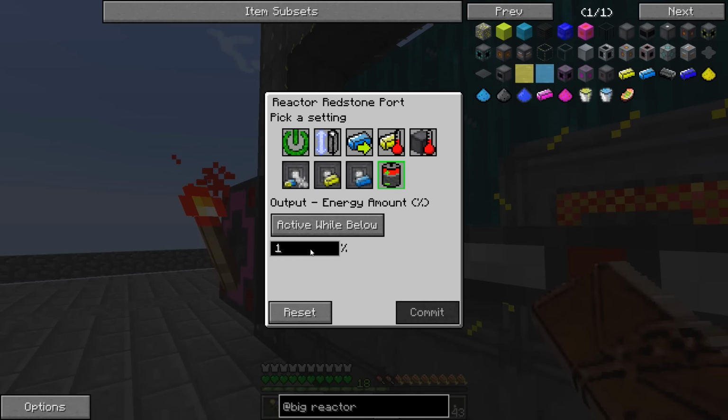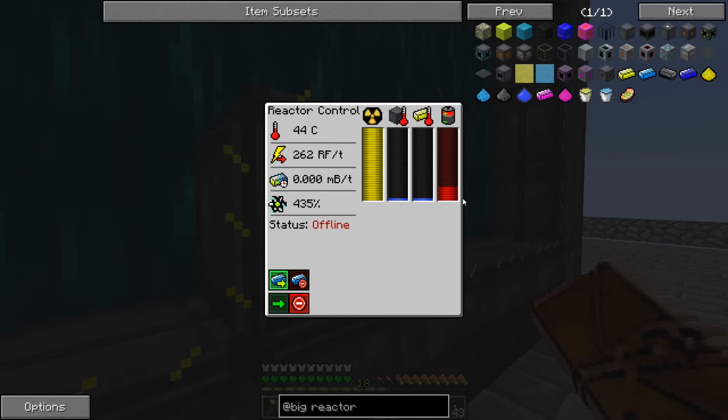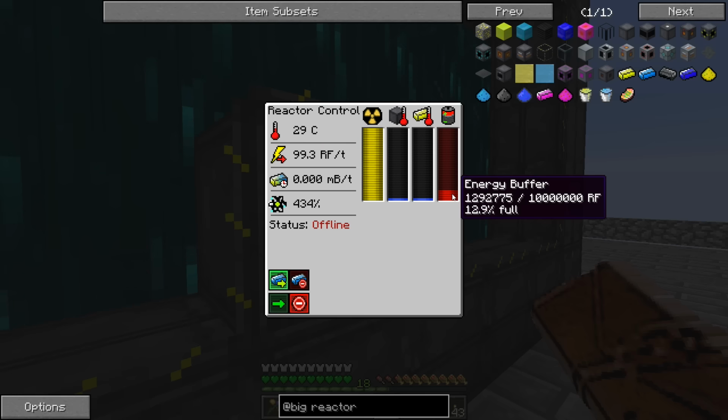1% over here. Yeah, you can't really set this at 0. That's like the default, and if it's set to 0, nothing ever happens. So I set it to 1%. But anyway, when it drops down below 1%, it sends a redstone signal over to our rednet port, which turns the big reactor back on. So we'll see that here in just a second. When this thing drops down below 1%, it'll kick back on until we get to 20%. There we go. Now it is back on, and we are gaining...